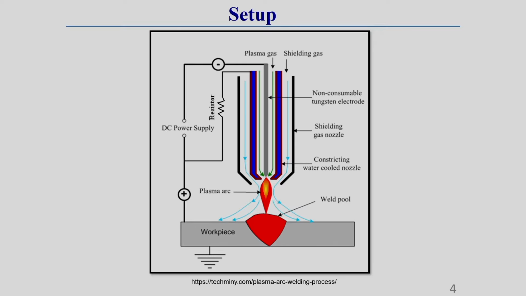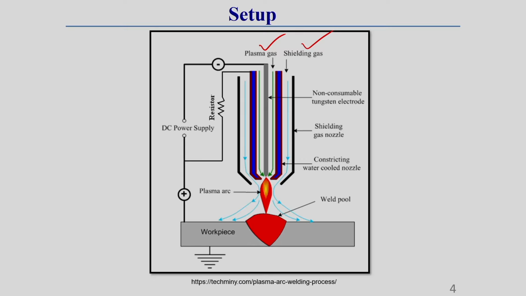Now, I am showing the detailed setup of this plasma arc welding process. Why is this called plasma arc welding process? Because a simple arc is also there. It is called plasma arc welding because to generate the plasma, we are using a separate plasma gas. Here we generally use two gases, one called plasma gas and another called shielding gas. But in other welding processes like TIG welding, only one gas is generally used, to shield the arc or whirlpool. But here, one gas is used to develop the plasma and another gas is used to shield the arc or whirlpool from atmospheric conditions.